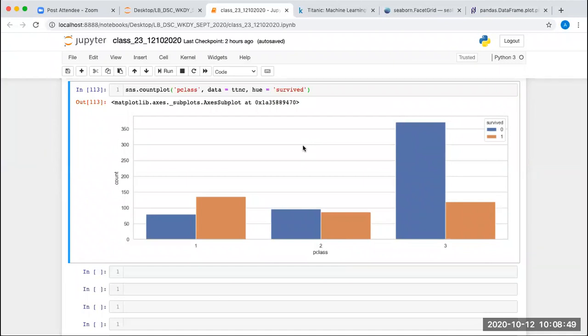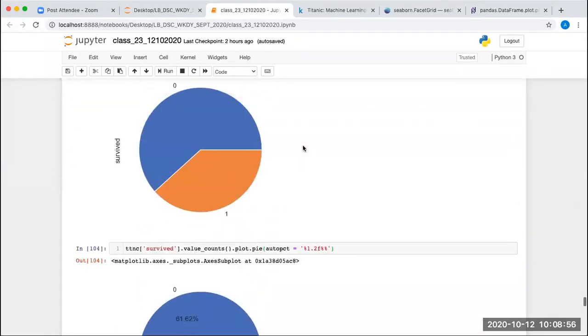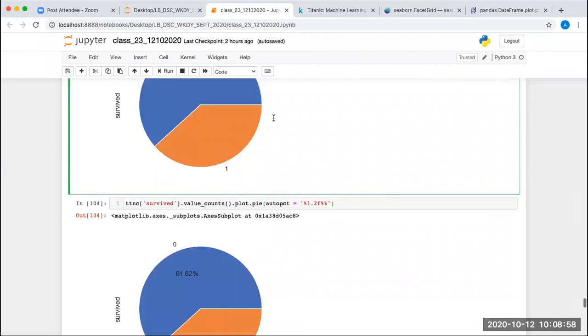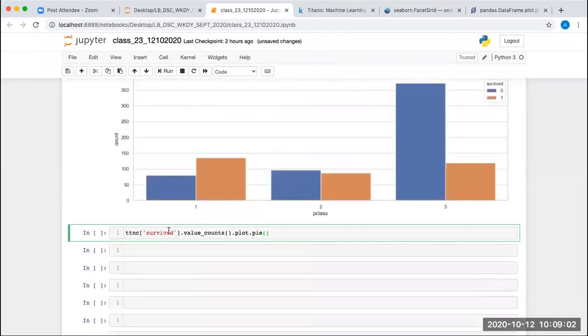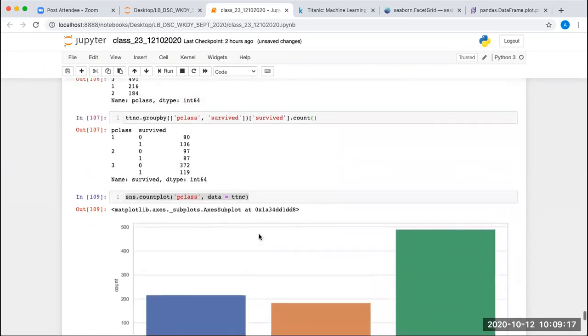Okay. Now, the same plot: can we get it using the pie plot? Yes, using the pie plot, we will use this function, and I just want the P class, means passenger class pie plot. So I'll write here P class value counts dot plot dot pie, and here I'll write the auto percentage.